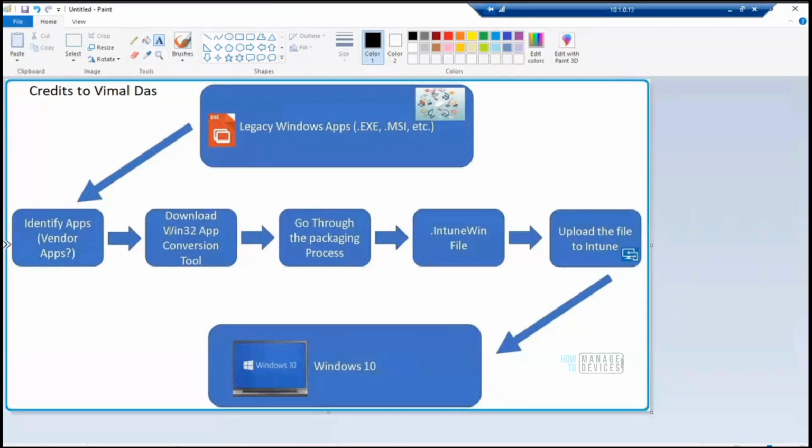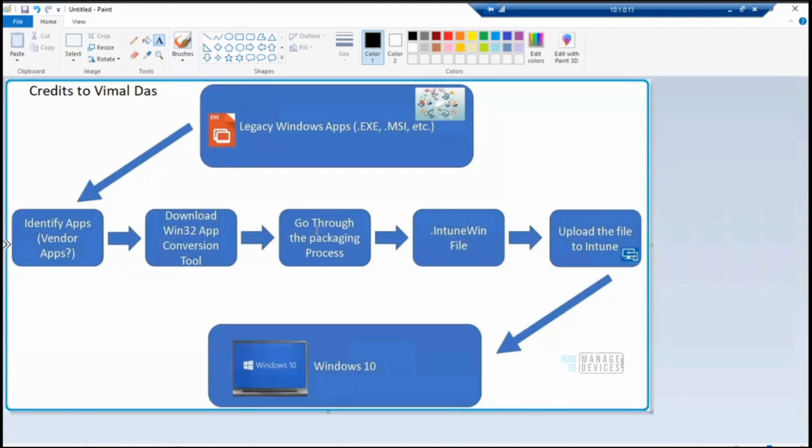So there's something called the Intune Win32 application conversion tool. This is provided by Microsoft. We will see that. This is the tool we use to convert all our EXE, MSI, and other applications to Intune Win format.